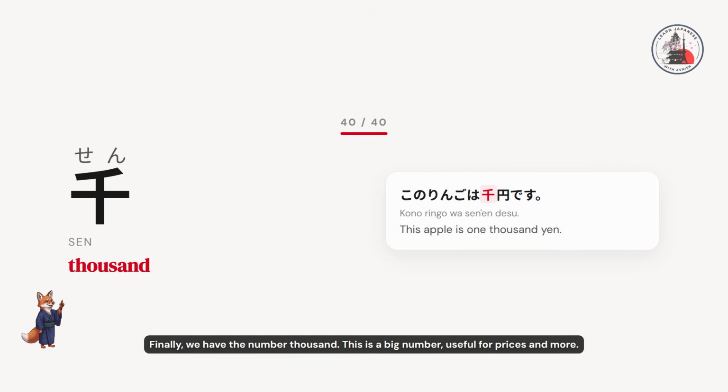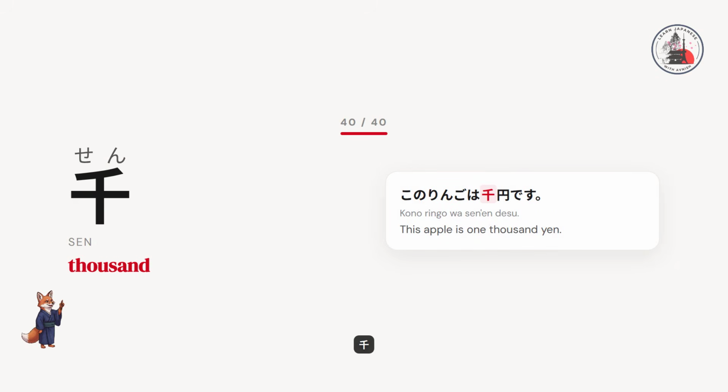Finally, we have the number 1000. This is a big number, useful for prices and more. 1000、1000。 Here's an example. このリンゴは1000円です。